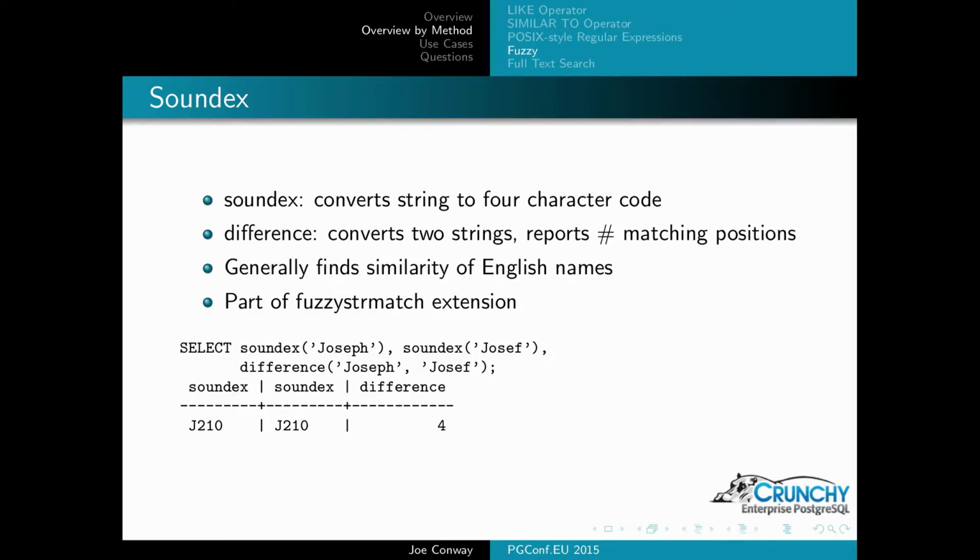Soundex is kind of an old algorithm. It was originally designed to find names that sounded alike, and it's really based on, I think, English names, for English-speaking countries. So it tends to work better for English names. But you can see here, if you do Soundex on the name Joseph and Soundex on Joseph spelled phonetically,